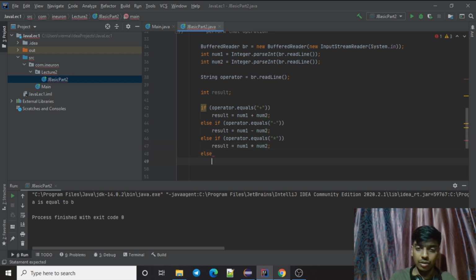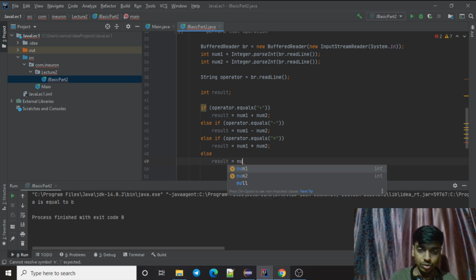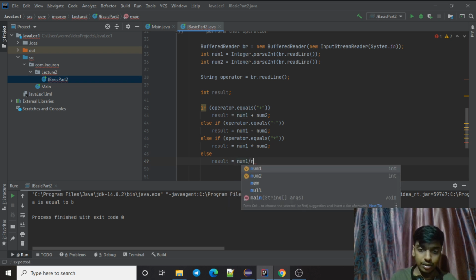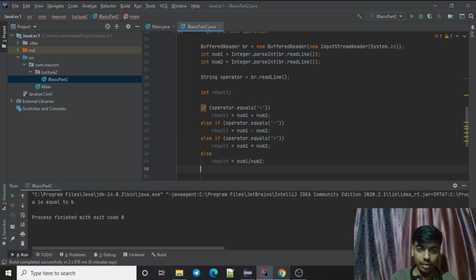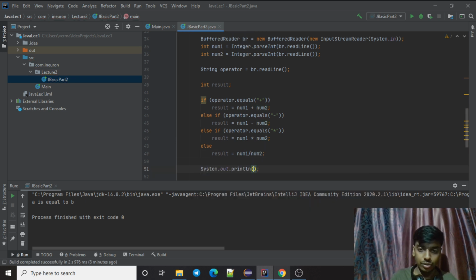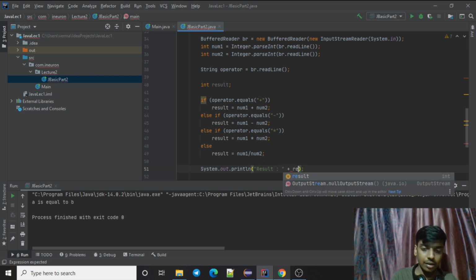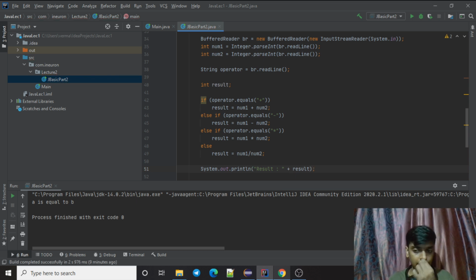Else, now I don't have, if it is not plus, if it is not minus, if it is not multiply, else it is divide. In that case I'm going to do num1 divide num2. Then I'm just going to print result as result. Great.